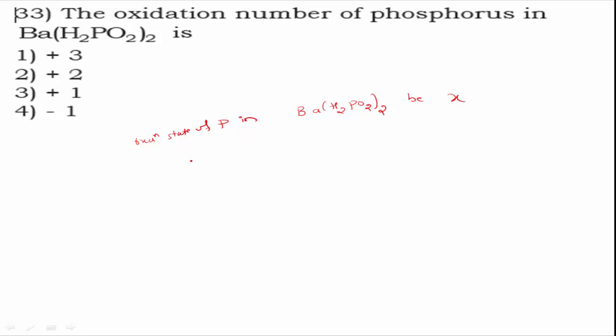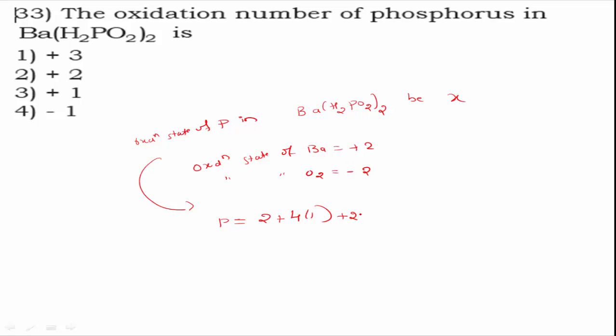Then see here, oxidation state of Ba equals +2, oxidation state of O equals -2. Therefore, the oxidation state of phosphorus: P equals Ba, which is +2, plus H2 into 2 means 4, hydrogen's oxidation state is +1, so 4 into 1,